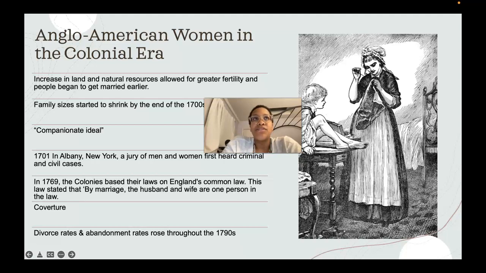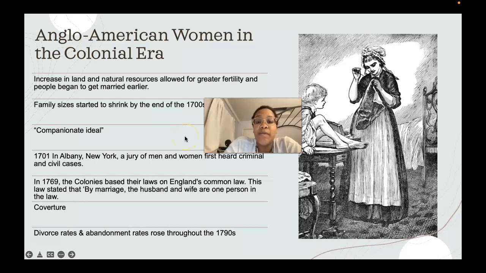What is the point of a marriage? Before, it was a business contract, right? It wasn't about love. It was about bringing families together for power or for business, or to uplift one's station in life. But now we see this idea of the companionate ideal where couples are referring to each other lovingly, and are engaged in a romantic relationship as well as a marriage. Imagine. I don't mean outside of the marriage, I mean inside of their marriage, just to be clear.